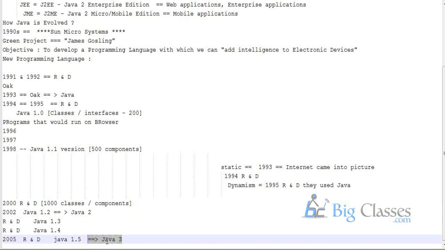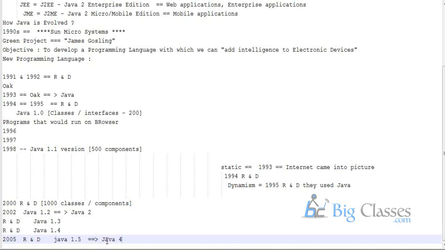You can observe that the actual version is Java 1.5 and giving the name Java 3 may not be relevant. So they tried the next number, that is 4. Still, the actual version is Java 1.5, so this also may not be relevant.